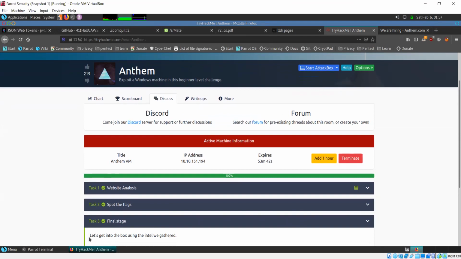In the final stage, it says, let's get into the box using the intel we gathered. So, what should be our next step now? We should try to get the shell.